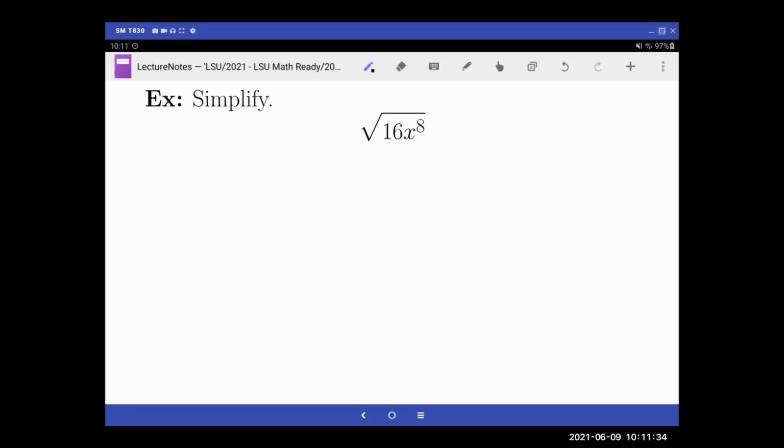Let's now actually simplify some radicals. So we have the square root of 16x to the 8th. Look at this as 2 different problems. This is the square root of 16 times the square root of x to the 8th. They're the same thing. And if you look at it this way, it's easier to see. The square root of 16 is 4. Hopefully we have that memorized. Why is it 4? Because if you break down 16, it's 4 times 4, right? 4 squared. And if you think about 16 as 4 squared,